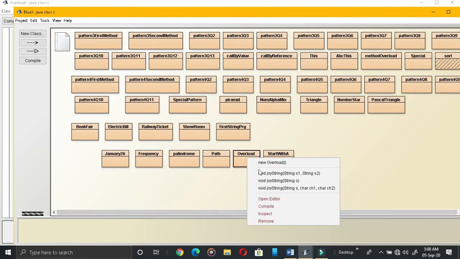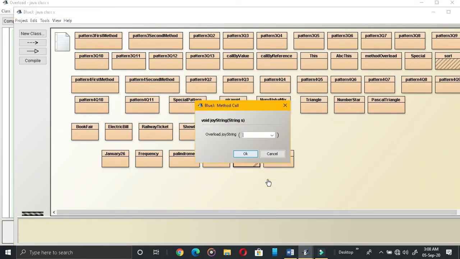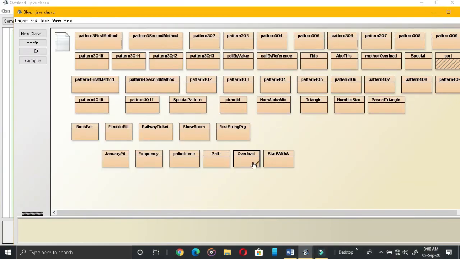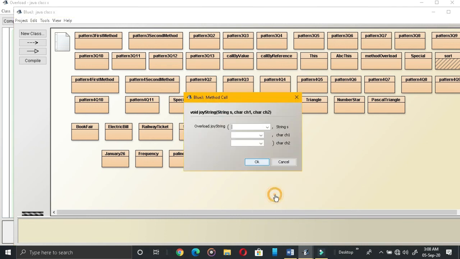See this, string s. In this, first index 6, then last index, the space, it is printed over here. Okay, then we have the last one, here the string.